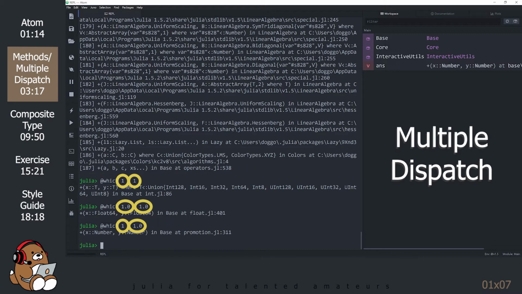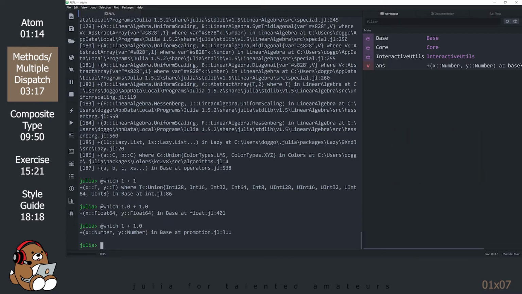This is different than other languages where dispatch occurs based on the first argument while ignoring the rest of the arguments. Using all of the function's arguments to choose which method should be invoked, rather than just the first, is known as multiple dispatch. Not only is Julia able to identify the correct method without being told, Julia does so by looking at all of the arguments with little or no performance hit. This is where the real magic is, and it's one of the secrets that makes Julia such a fascinating language.